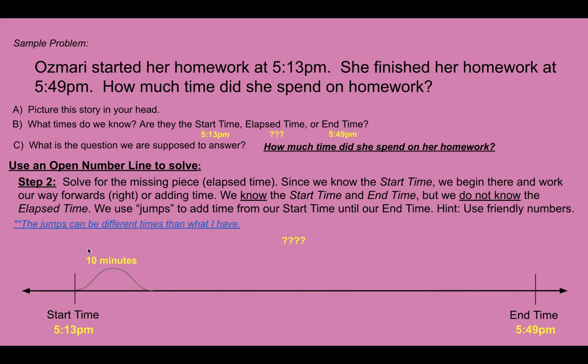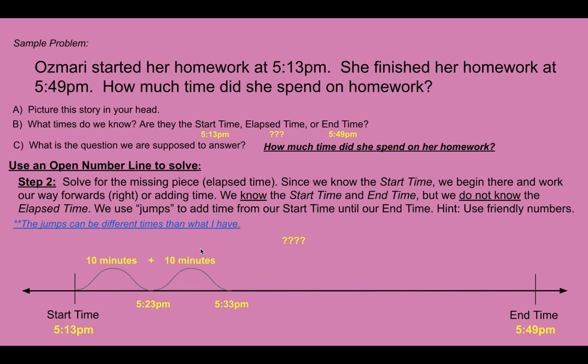My first jump is a 10-minute jump. So I'm going to add 10 minutes from 5:13, and it's going to become 5:23. I'm going to go ahead and make another 10-minute jump, and I'm going to add 10 minutes to 5:23 to